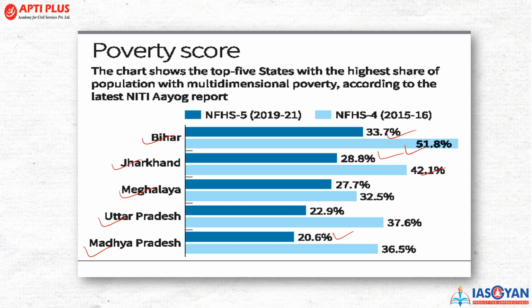Now, why I'm emphasizing the data: if you are writing a mains paper on something related to this, or related to a state, you can definitely quote this. These are authentic data. Even if you are appearing for any state public service commission examination, these data are most reliable and helpful. And even for the interview or personality test conducted by the UPSC, these data will factually help you substantiate your points, right? So this was all about the National Multidimensional Poverty Index.